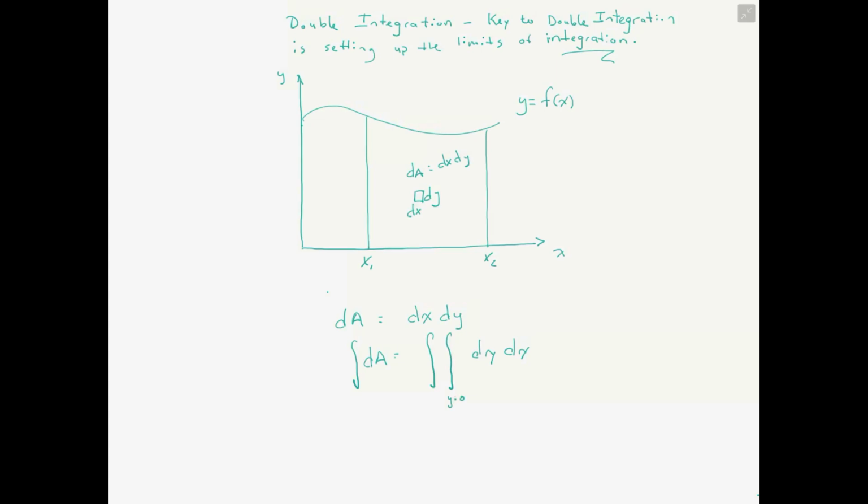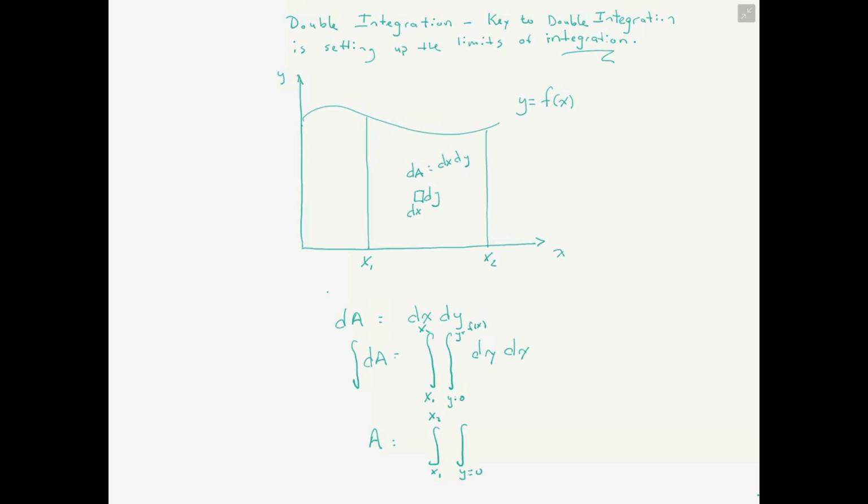And our first integral is going to be dy in the y direction, where y equals 0, or from the x-axis to the curve, y equals f of x. And in the x direction, we are integrating between x1 and x2. So we have the area then equals